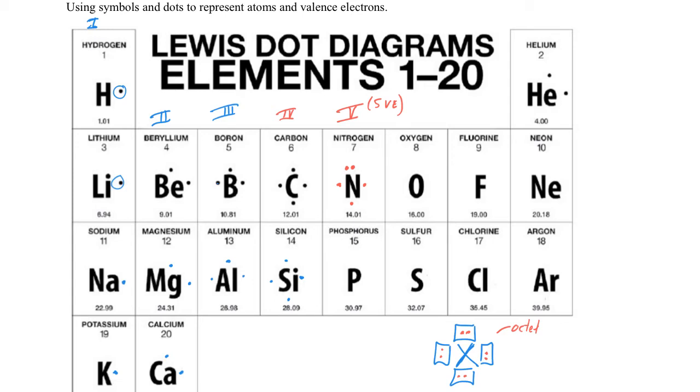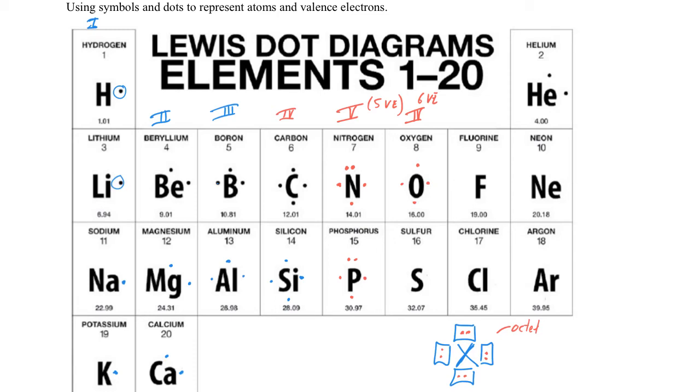Phosphorus, it's also 5 electrons. So it will have exactly the same Lewis dot structure as nitrogen because it has 5 electrons. Now let's go do oxygen. Oxygen is in group 6, right? So it has 6 valence electrons. So let's put the dots around oxygen. Okay, so we're going to have